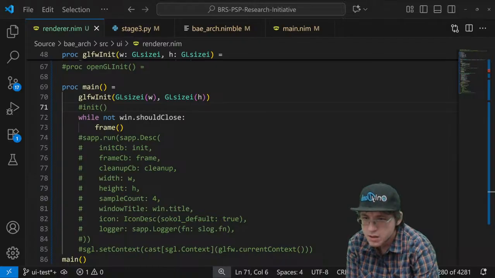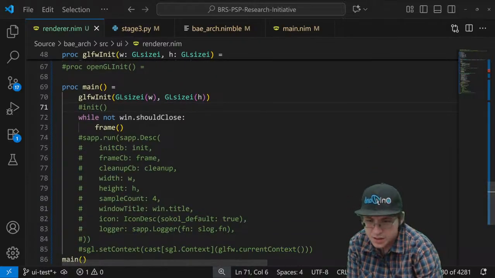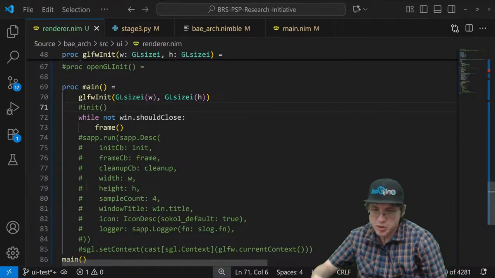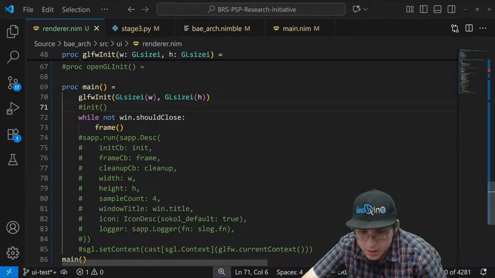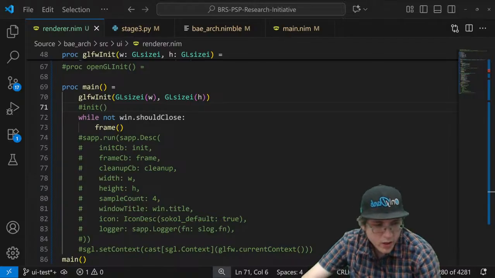Huh. Wait, what is going on here? Alright, so right now I'm checking to see if there's a memory leak of some type. What is going on?